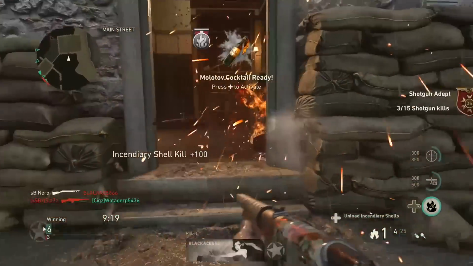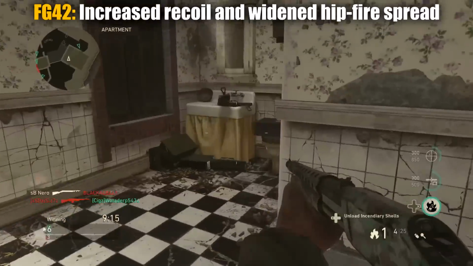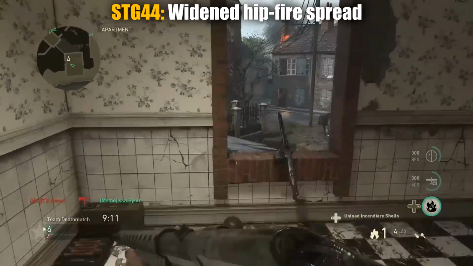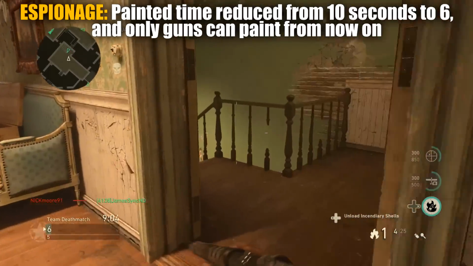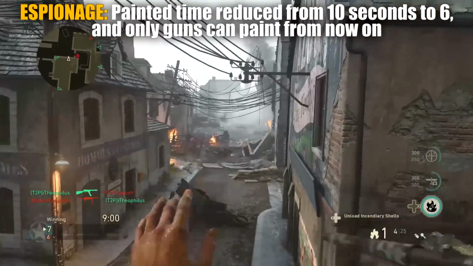But they also changed up a number of other weapons here in the game. They increased the recoil and widened the hipfire spread of the FG-42. They widened the hipfire spread of the STG-44. They reduced the damage range of the machine pistol, and a lot of people are going to be happy about this. They reduced the painted time for the espionage basic training from 10 seconds down to 6 seconds,